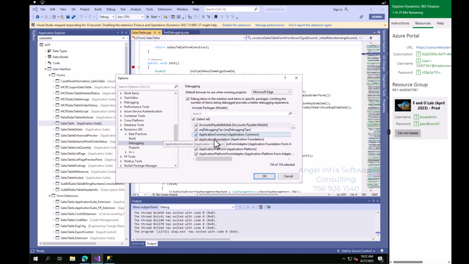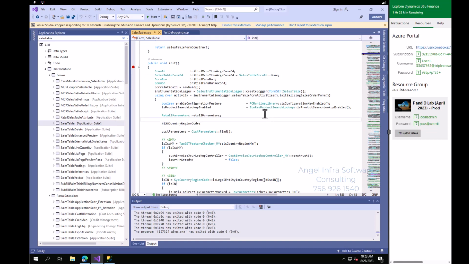It is selecting the items from all the models. As you have seen, the CustTable is in the application suite, and the sales table is also in the application suite. So here what we are letting it know is to load the symbols from these particular models. Once you do that, click OK,